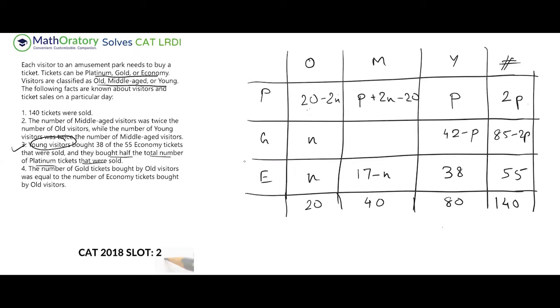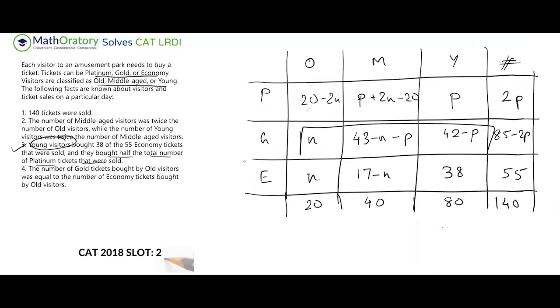So let me use the row total first. So we have 85 minus 2p, right? So observe first of all that I need a minus p further. I just have one minus p. I need minus 2p. So I need a minus p here. 85 and 42. So this is giving us a constant difference of 43. So we have to have a 43 here. The n is not part of this total, right? So we need to subtract this n. So minus n. And if you remember that minus p thing, so this should be minus p. So this is what we have for this particular row.